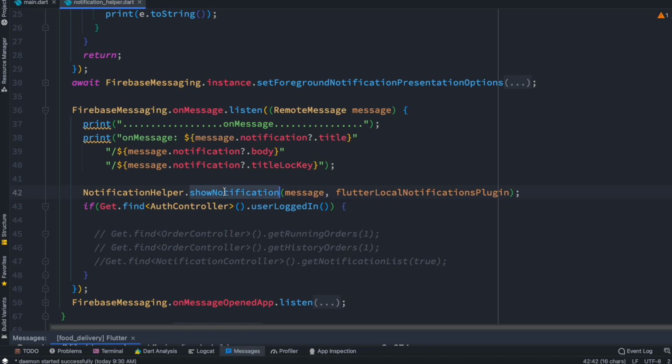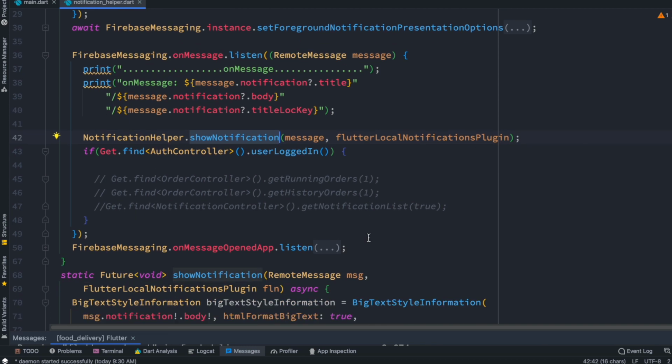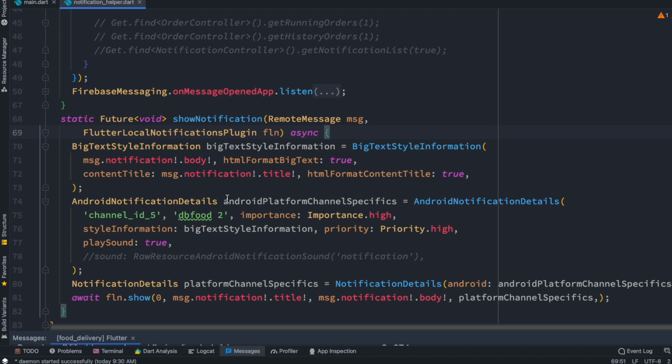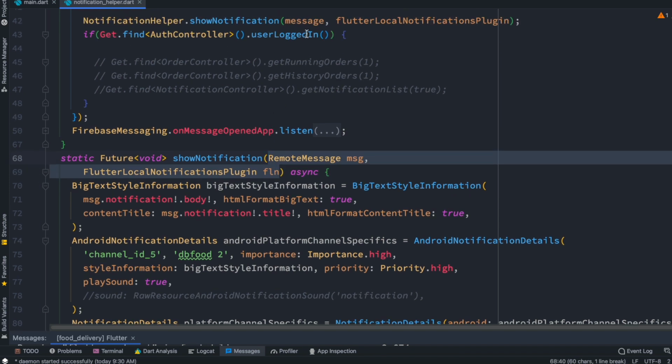So let's go ahead and take a look at this function, and we're going to remove this condition where we had this false, the boolean. We don't need that for now. So this is the function that we are talking about over here. Okay, so it takes two of those objects. One is remote message, which is this one,